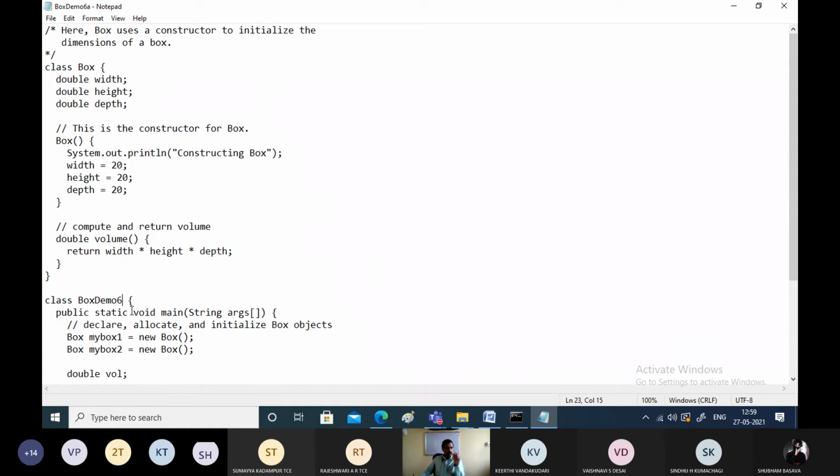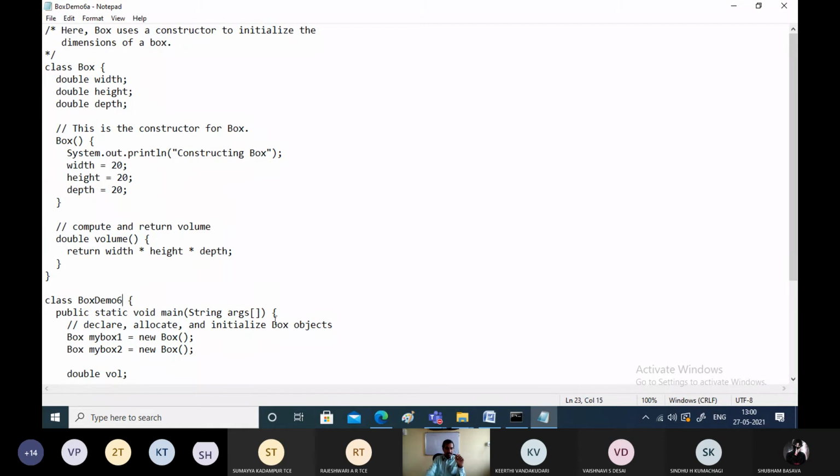Whenever you execute the program, you should specify the name of the bytecode which contains the main function. But when you compile this program, we will get two bytecodes. What is the first bytecode? With the name box.class. The second bytecode is boxdemo6.class, boxdemo6a.class.